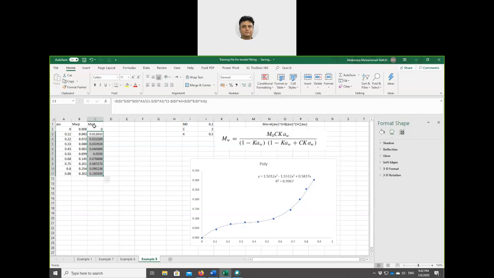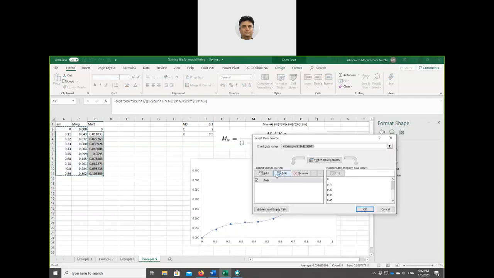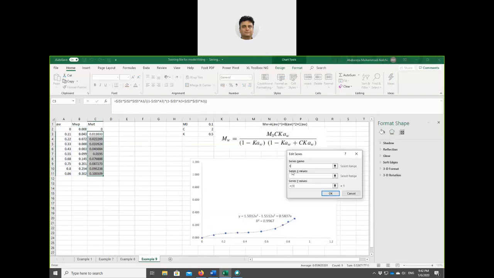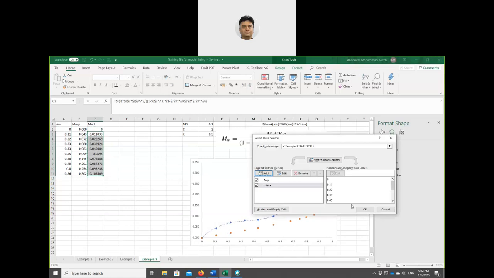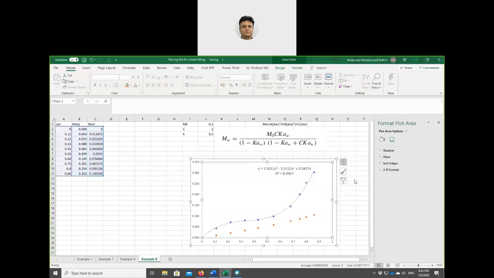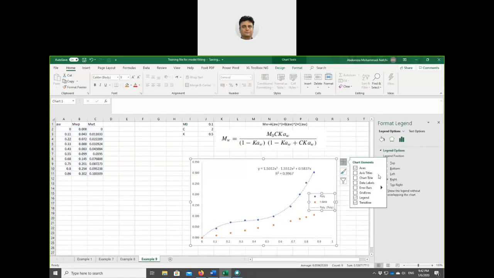Now I have the MWT. I want to draw MWT so that you can see. I want to add the T data. X is the same, and Y is this one. Okay. You can see the data now here. I want to put the legend here. The legend. I want to put the legend, and you can see,